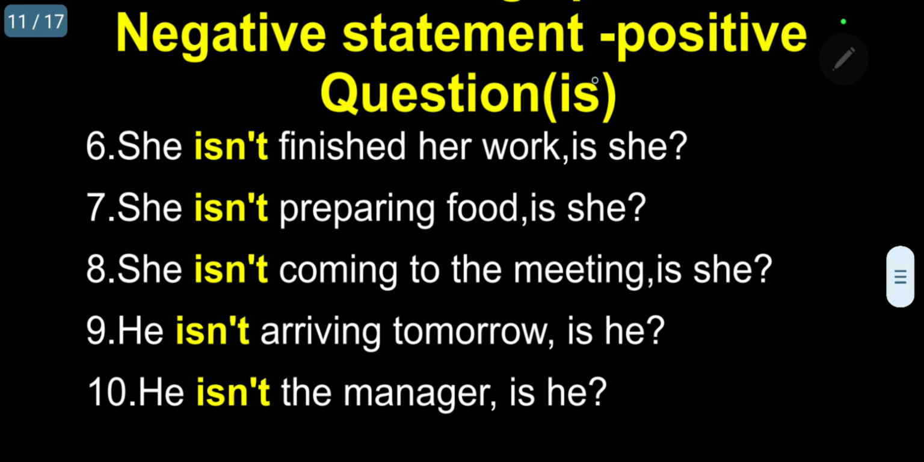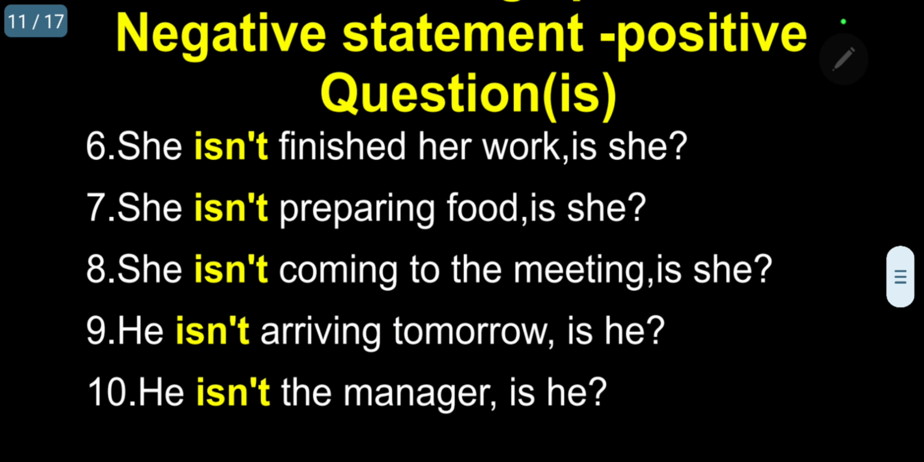5 more. She isn't finished her work. Is she? She isn't preparing food. Is she? She isn't coming to the meeting. Is she? He isn't arriving tomorrow. Is he? He isn't the manager. Is he? So, in all these 10 sentences, I am using the auxiliary verb is in the negative statement,